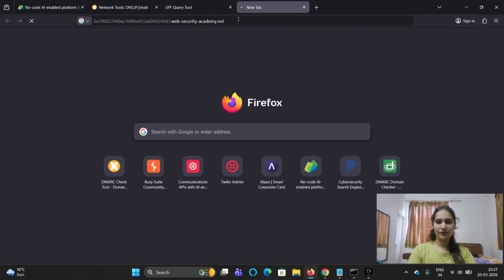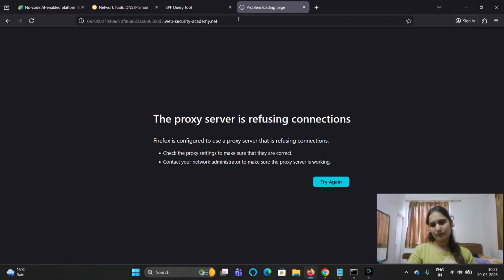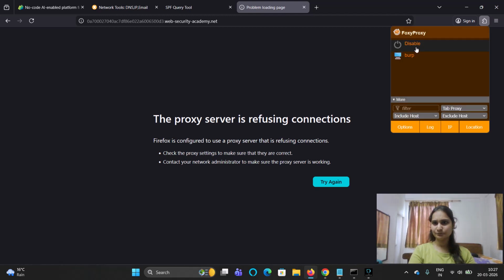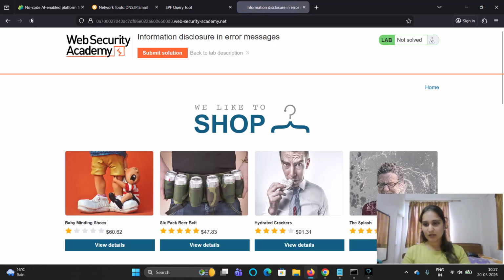Yeah, here we go with the lab, and we will try to check each and every feature of this website and how we could actually perform it. The Burp Suite proxy is on, so let's close it for once. Let's disable it and then try again. Reload the page. I am quite curious about doing all of these, and I believe you guys might be also, obviously.